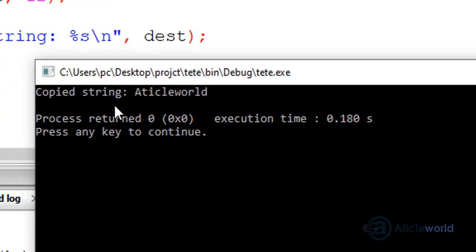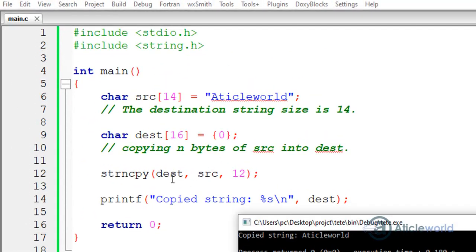Now you can see that my destination array buffer contains the data "article word". So here what happened is that strncpy copied 12 characters from the source to the destination. It's a very simple program to describe the string copy function.